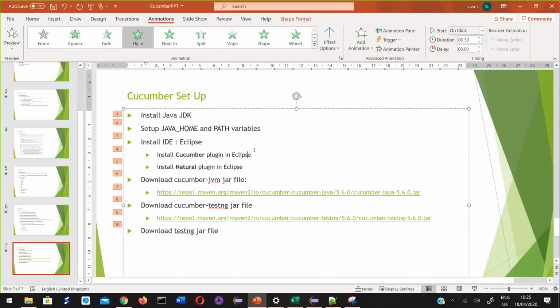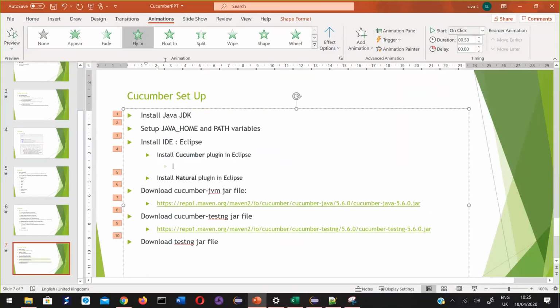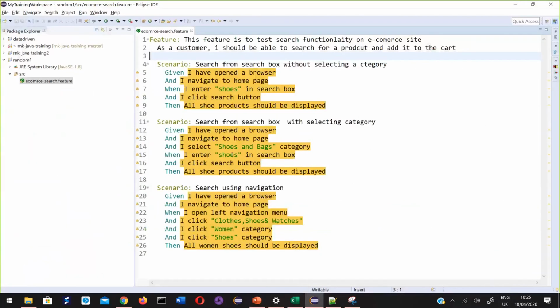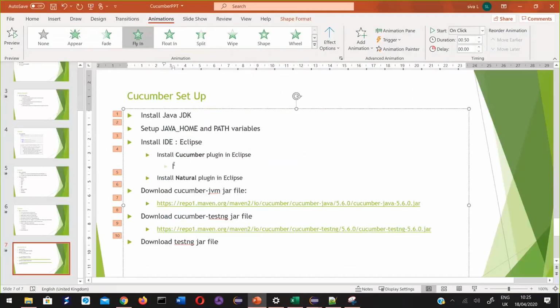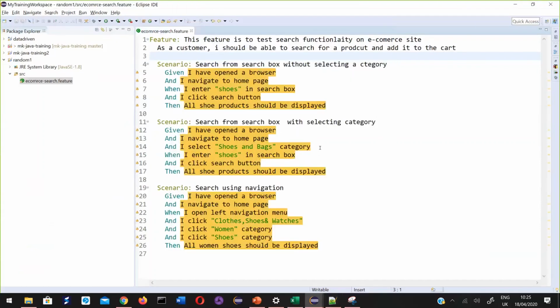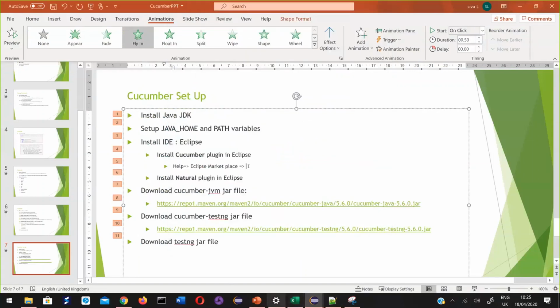To install this plugin, all that you need to do is go to Help in Eclipse, then Eclipse Marketplace. Then search Cucumber. Install. Restart.